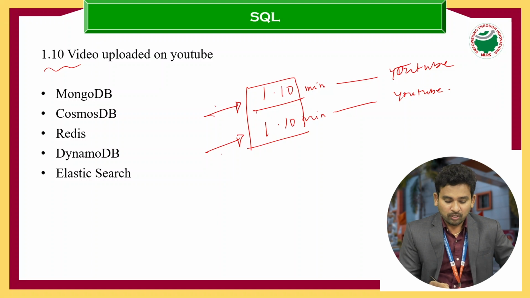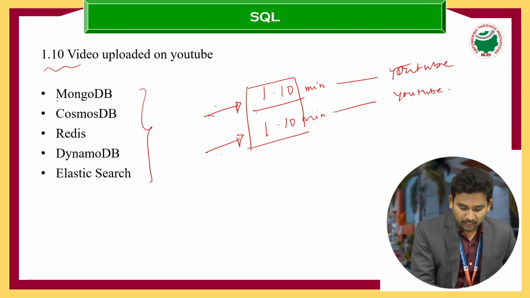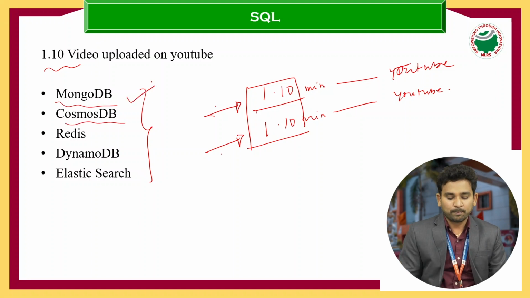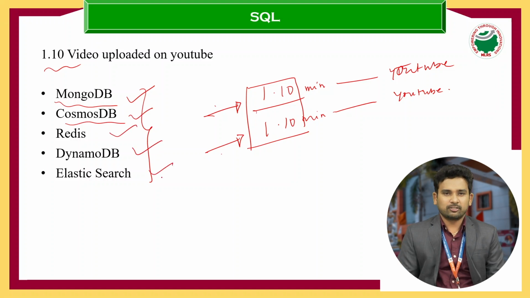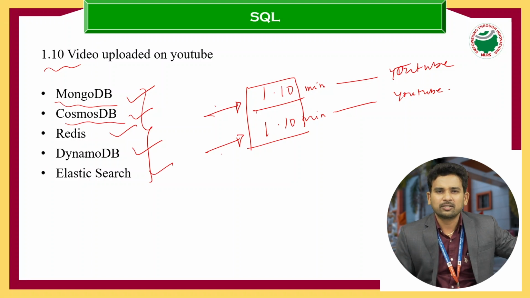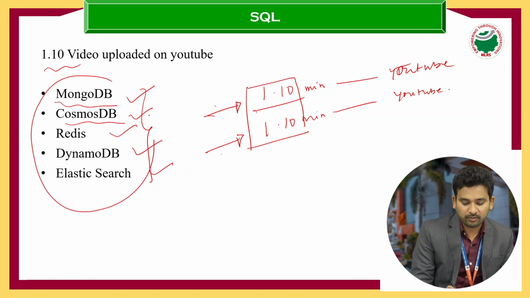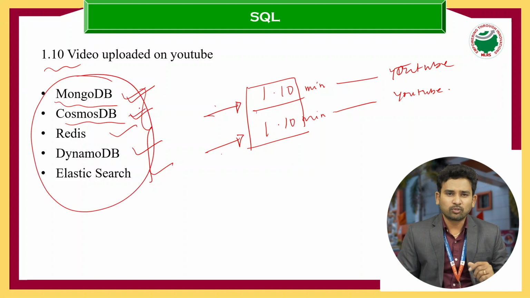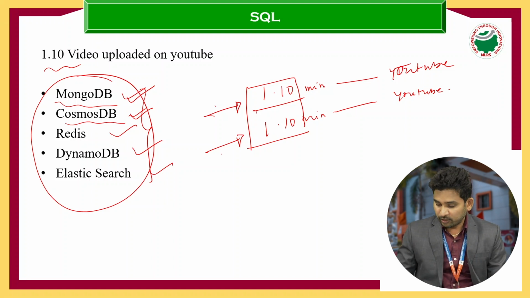So for NoSQL, there are certain databases available in the market. The first one is MongoDB, and the second is Cosmos DB, and Redis, DynamoDB, and Elasticsearch. Just like we have SQL databases, NoSQL databases are also available in the market: MongoDB, Cosmos DB, Redis, DynamoDB. Out of all these, I think most people are very familiar with MongoDB. So now we'll see the